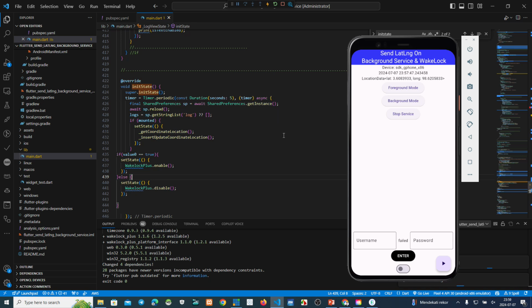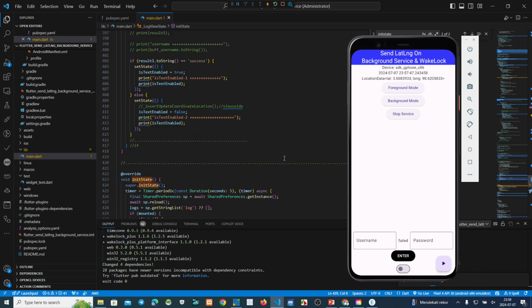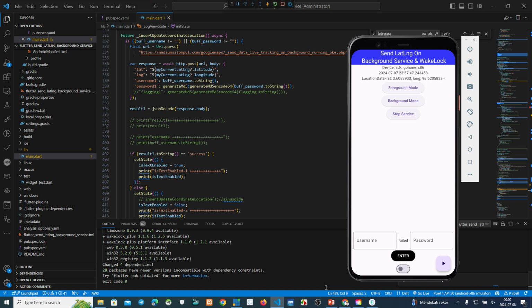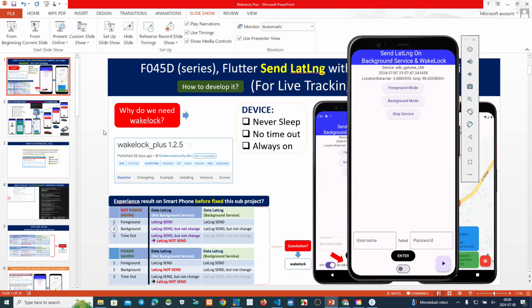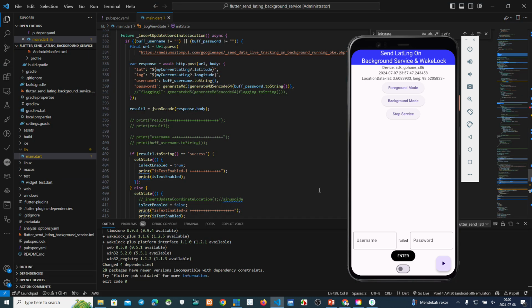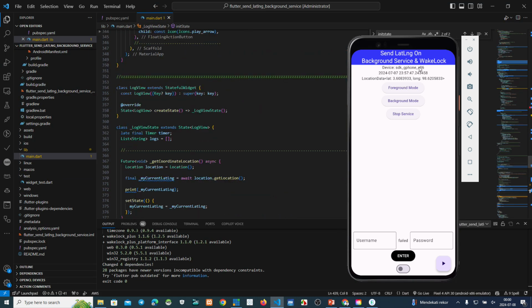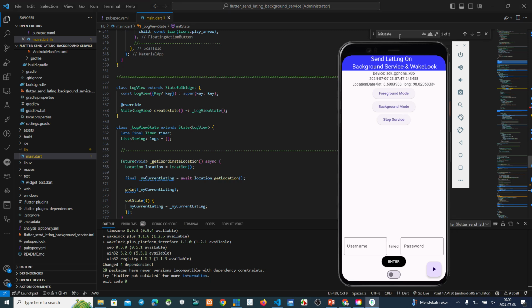Okay, now the switch we will add this one, off on. Okay, now we go to the switch here.